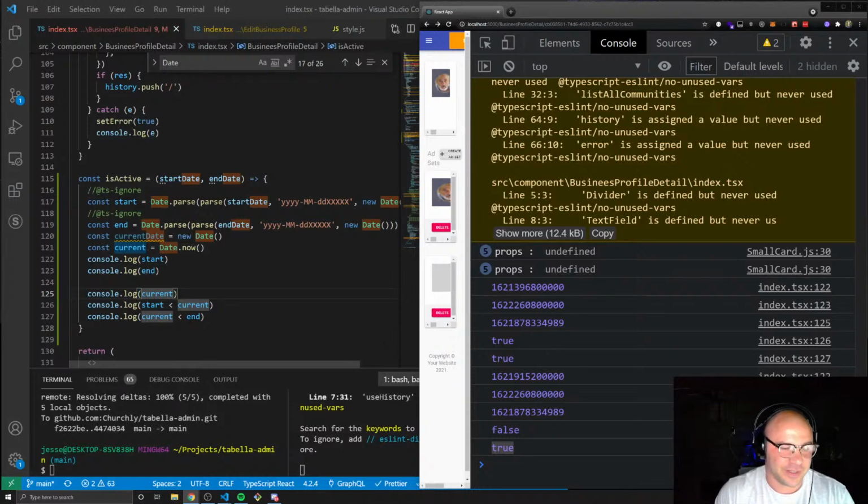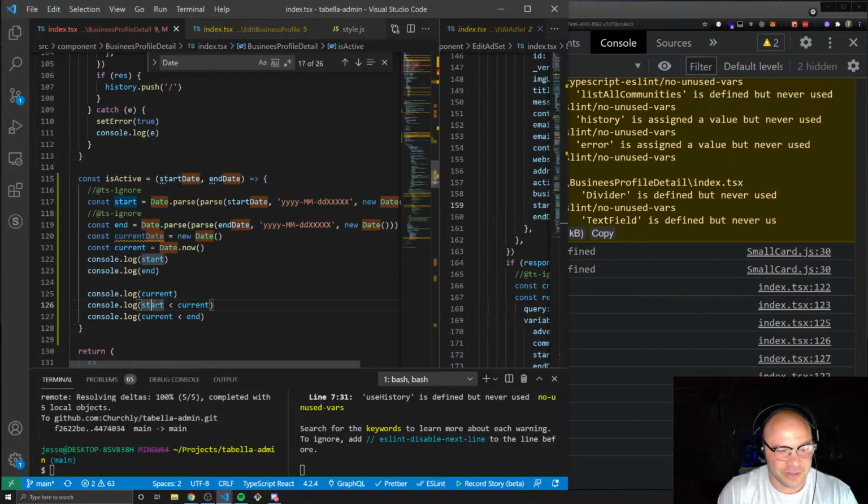What I finally realized, and why I split these up, is that I was doing start and current, which JavaScript evaluated and returned a boolean, and then I was trying to compare that boolean to end. I couldn't do it all at once, so I have to do it twice. So now we're going to have two values, and we're going to have to return. Well, here's what we're gonna do. We're gonna get rid of these console logs,